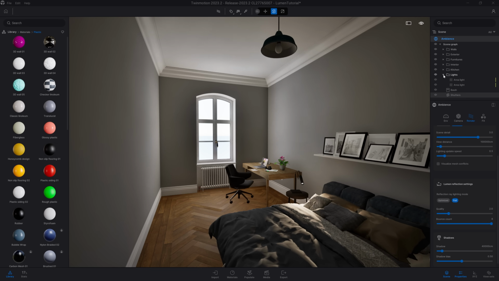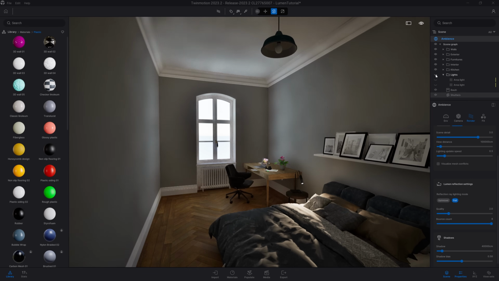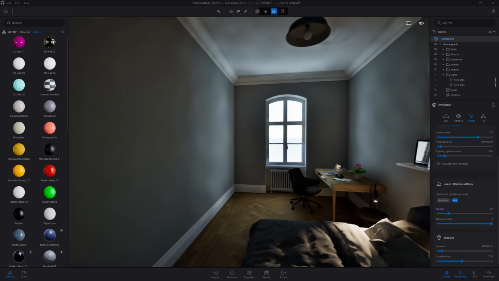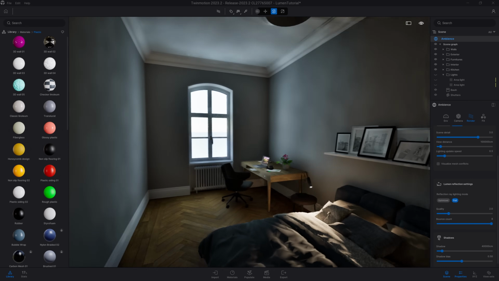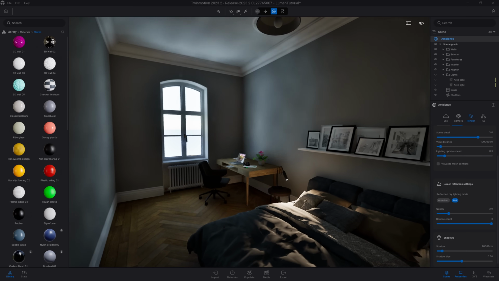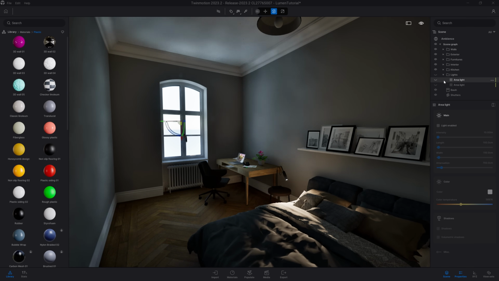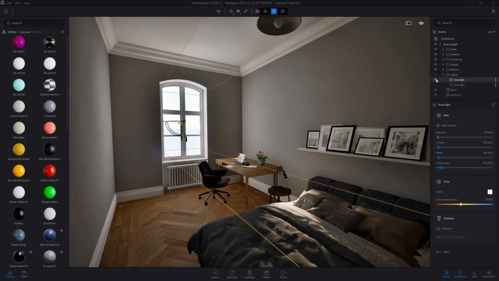It's because in Lumen, when there is a room, a space that doesn't have enough lighting in it, you will start to see some artifacts. So for example here, if I turn off the light, as we can see, we start to see those weird artifacts on the wall. Again, it's because we don't have enough lighting coming in the space. The first step will be, like I did here, to add an area light, to bring more light inside our scene.